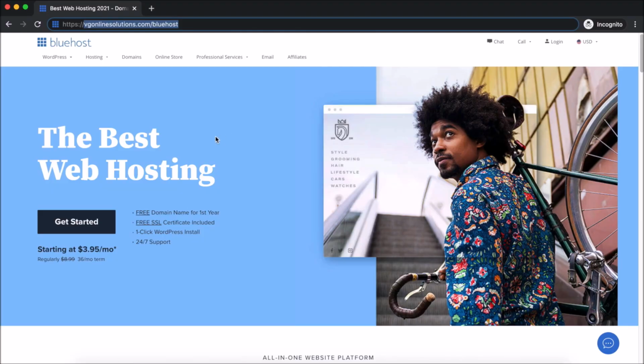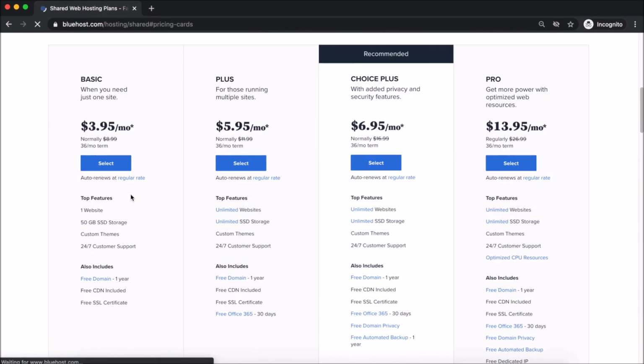And now what you have to do is just basically click on get started, choose a plan. Honestly, there are 4 plans, but if you're planning to get just one website, choose the basic. If you're planning to create more than one website, choose the plus plan. Now we're gonna stick to the basic. We're gonna click here,